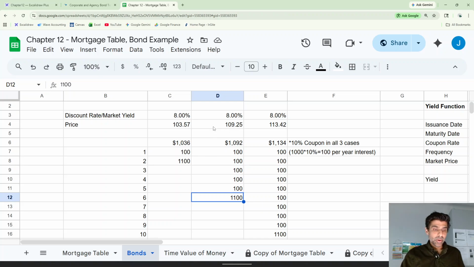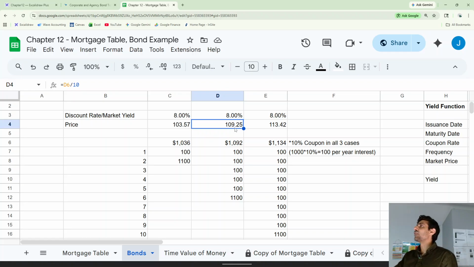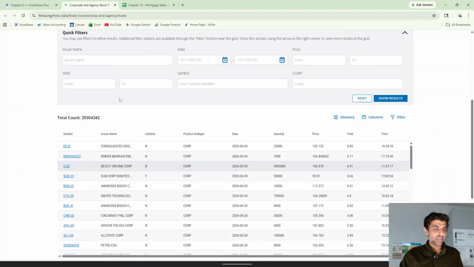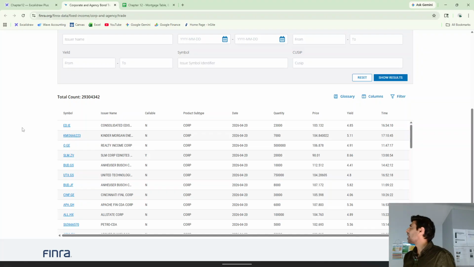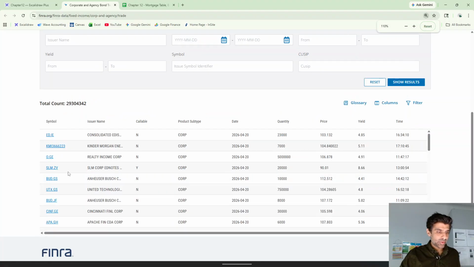Okay, so look, these two are related. The yield and the price are different ways of saying the same thing. So this website tracks the trading of major issuers of bonds. So you can see here, if we just look at one, this is Budweiser. Okay, this bond,